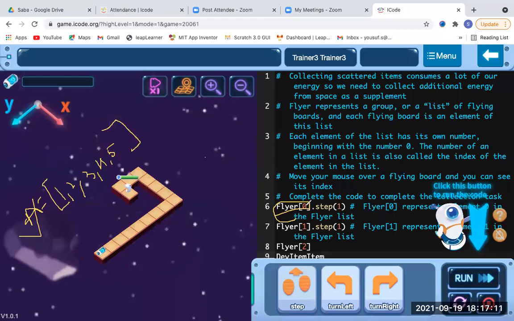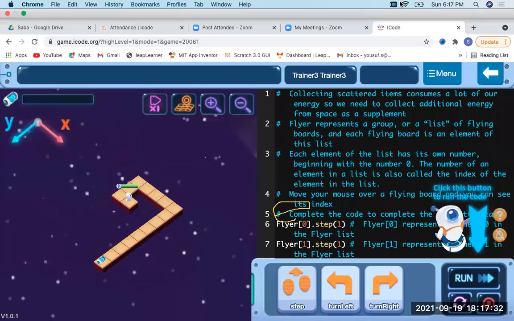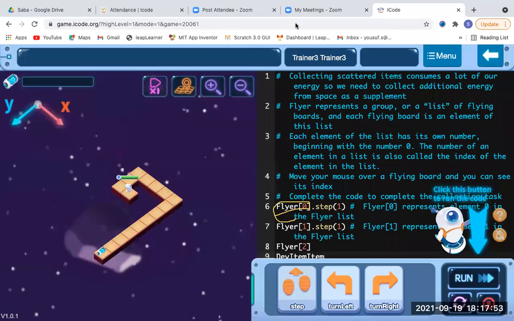Now I have given different values here. You can give different names, different characters. If you want to make a list of vegetables, flowers, fruits, whatever you want to list down, you can do that. Hope you all understood. If anyone didn't understand, you can ping me in the chat box. Okay, fine. We have mentioned this because on the basis of this part we have to do the same project itself. That's why this flyer part has been mentioned specifically.